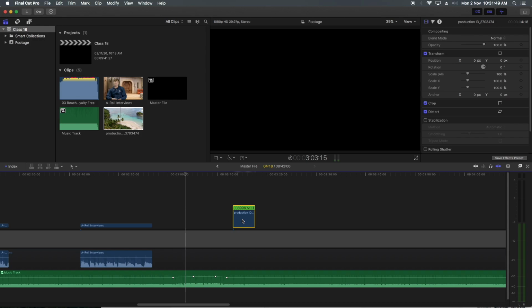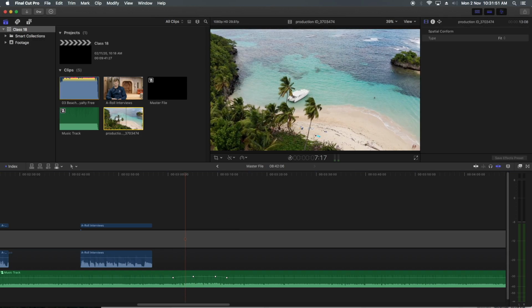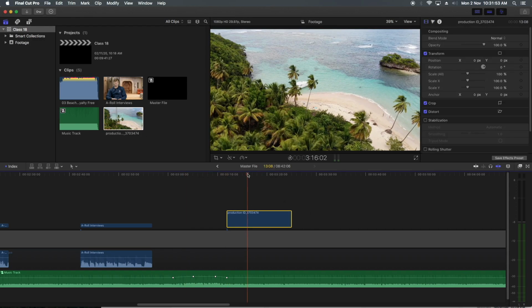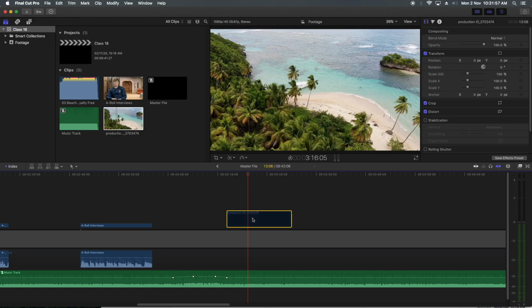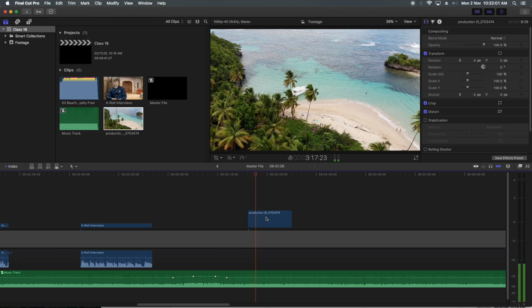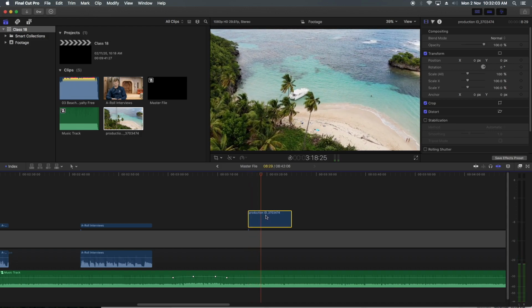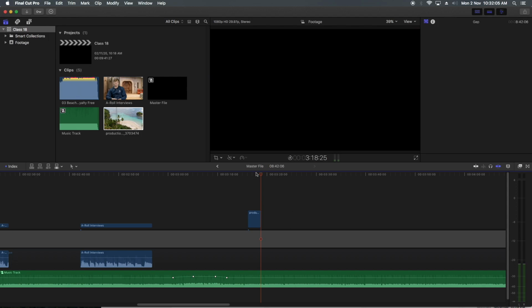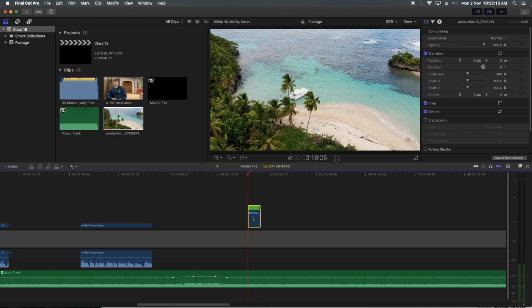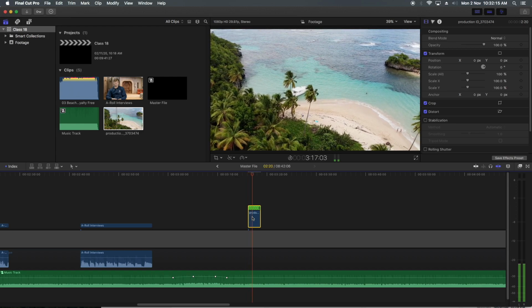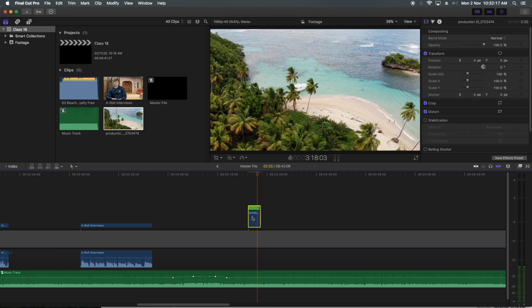Now let's delete this clip and drag it again. This time I want to take it from this particular point till here and reverse it. So what is the command we just set? Control Command R. Very easy.